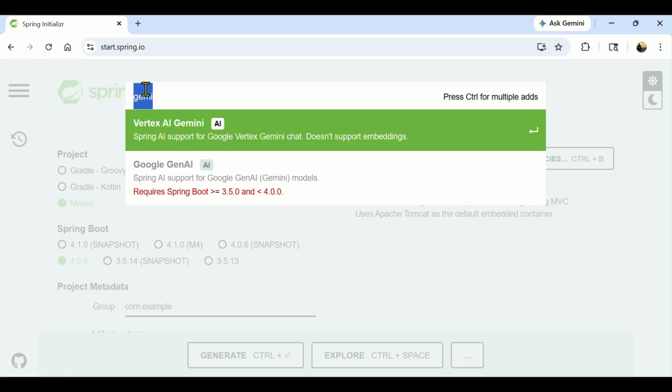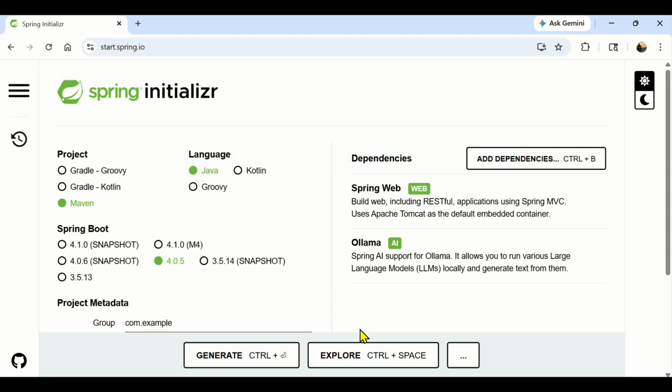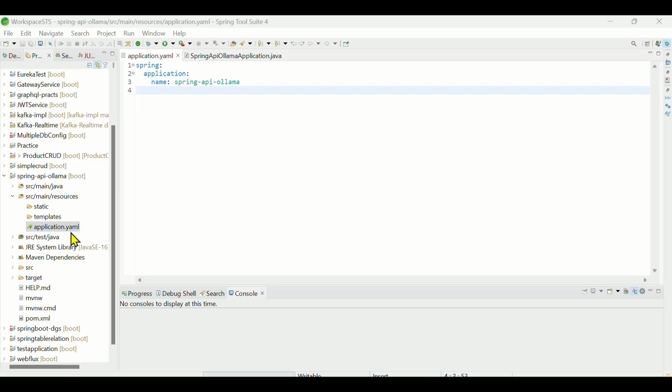Boot. And what we'll be requiring is Ollama. Okay, it's freeware, so that's why we went for Ollama. So we'll add this dependency and we'll generate the project. Okay, so I have already downloaded the project, which I've already created. And if I go to the pom.xml,